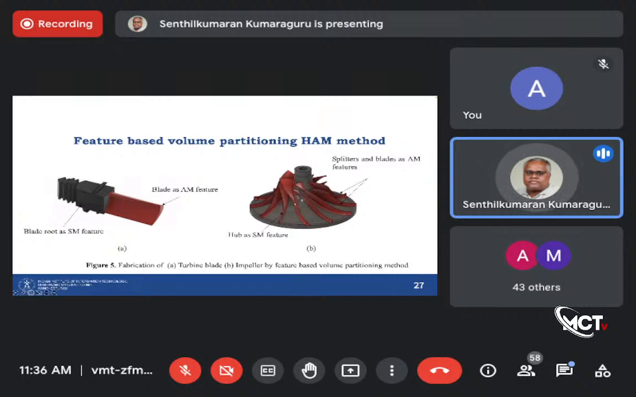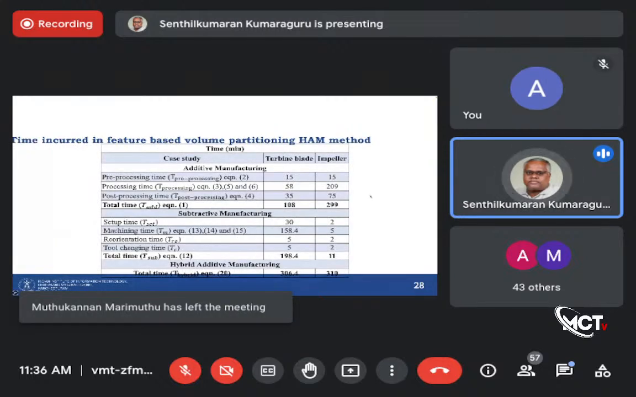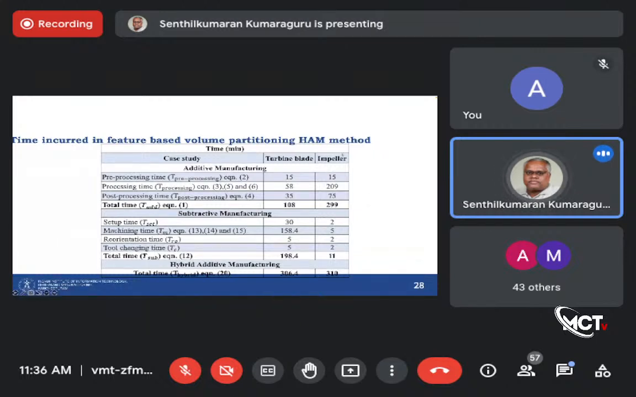So in this case, these are the complex parts. The hub is typically a subtractive manufacturing feature, and the splitters and blades are additive manufacturing features. So we are trying to compare the time for a feature-based volume partitioning. If you look at the feature-based volume partitioning for the hybrid additive manufacturing, so this is the total time in